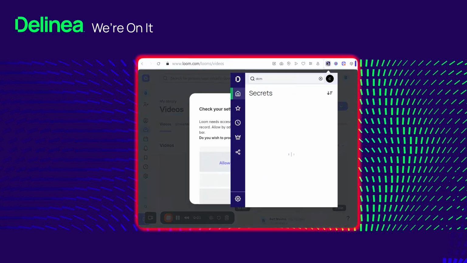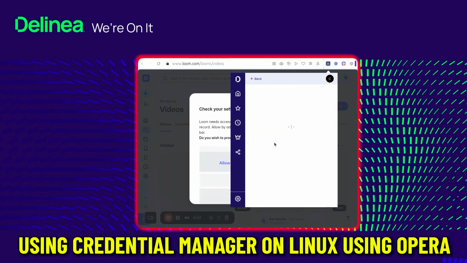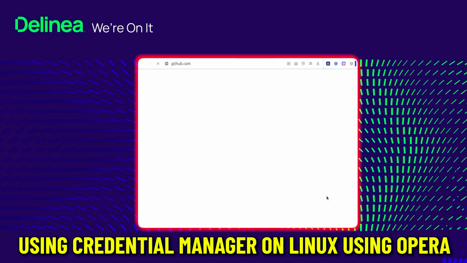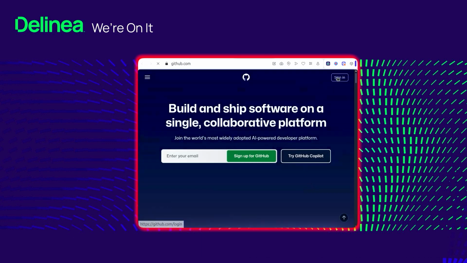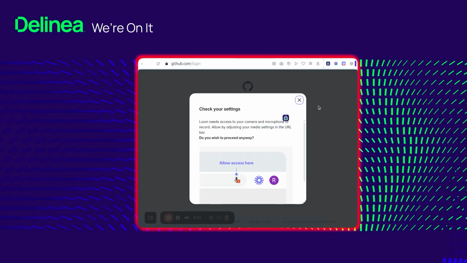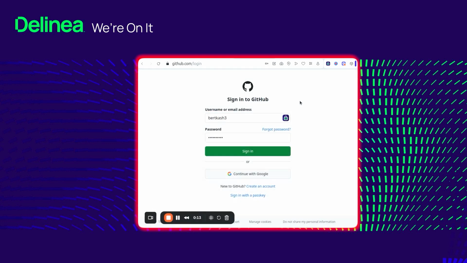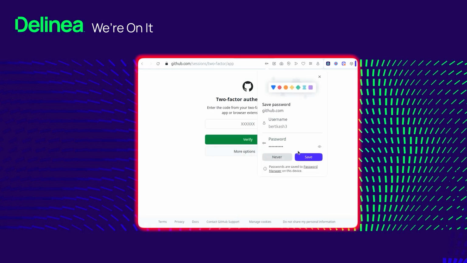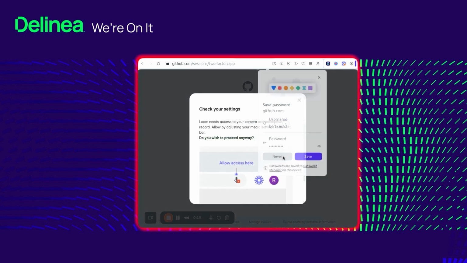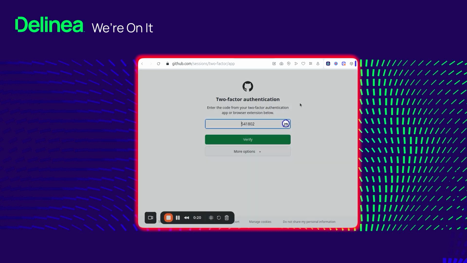All right, hello everybody, and welcome. What we're doing is we're in a Linux system. We're using the Opera browser, and we're going to launch into a particular application using Delinea Credential Manager, and let's get right to it. We're taking a look, launching into, and then now we are